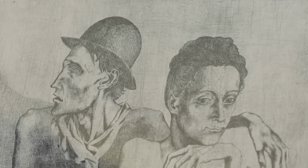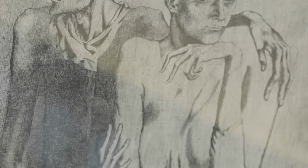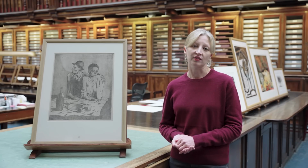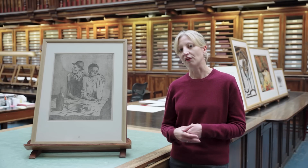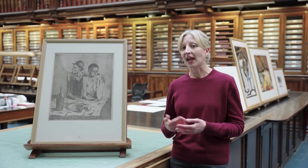It was made during the time that Picasso was making lots of paintings that were dominated by a blue and a green palette, known as his blue period, and his subject was often melancholy in tone. This print is typical of Picasso's work at the time, when he was interested in people living on the margins of society, people that he would see around him in Paris on the streets. Alcoholics, sex workers, itinerant street performers. He was impoverished himself at the time, and perhaps he identified with these people who were living a very precarious